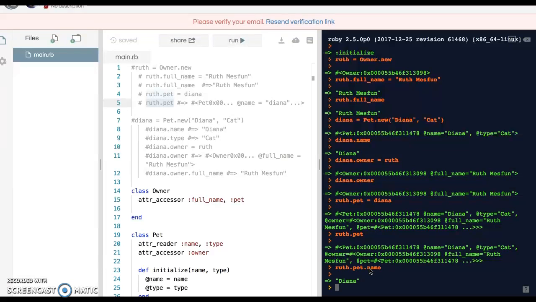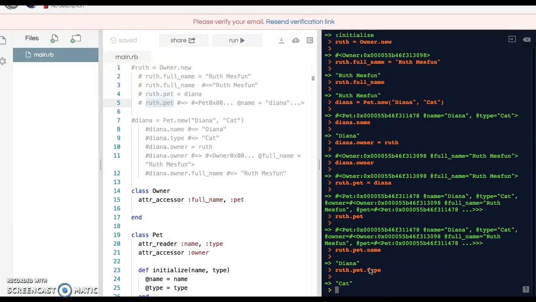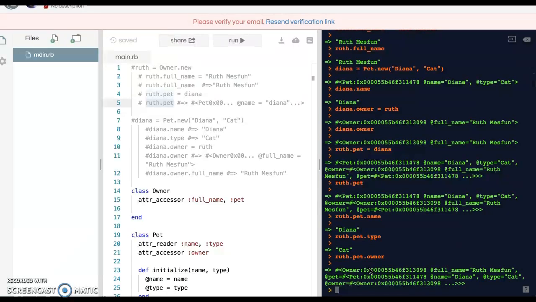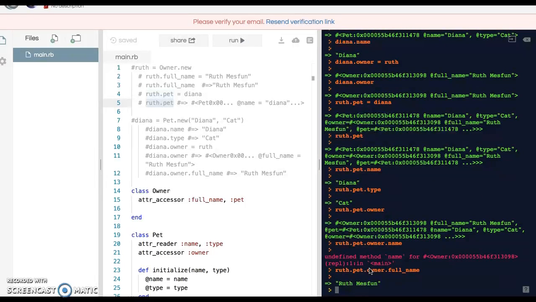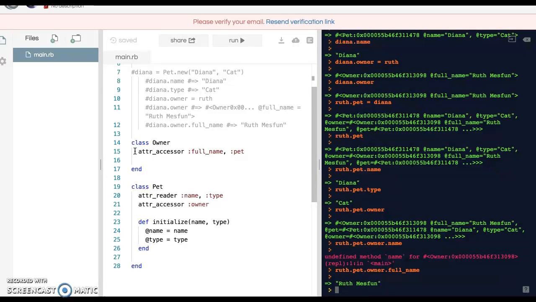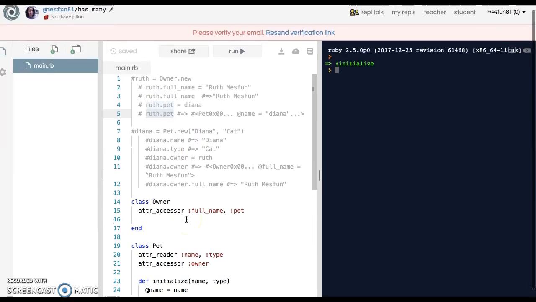Ruth.pet.name, you'll get Diana. If you did Ruth.pet.type, you'll get cat. I wonder if you did Ruth.pet.owner, what you'll get. You'll get the owner. Ruth.pet.owner.name. I don't know. Oh, because we don't have a name. It's full name. Sorry. You get yourself. Oh, total meta. Hope that wasn't confusing. So anyways, let's get back on track. Alright, so now you're probably thinking like, Ruth,